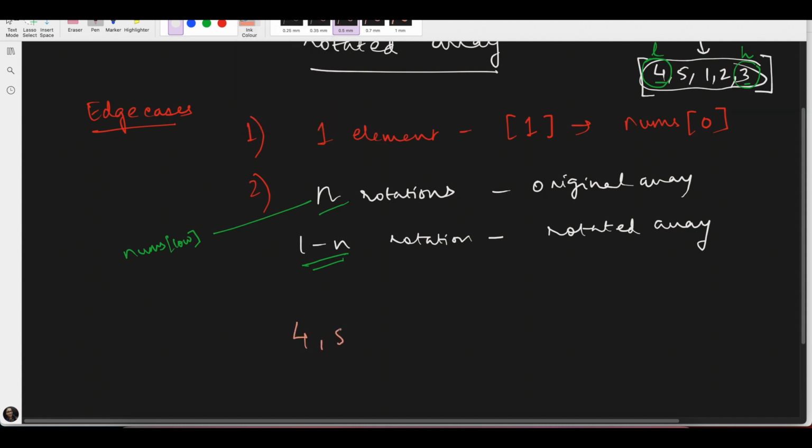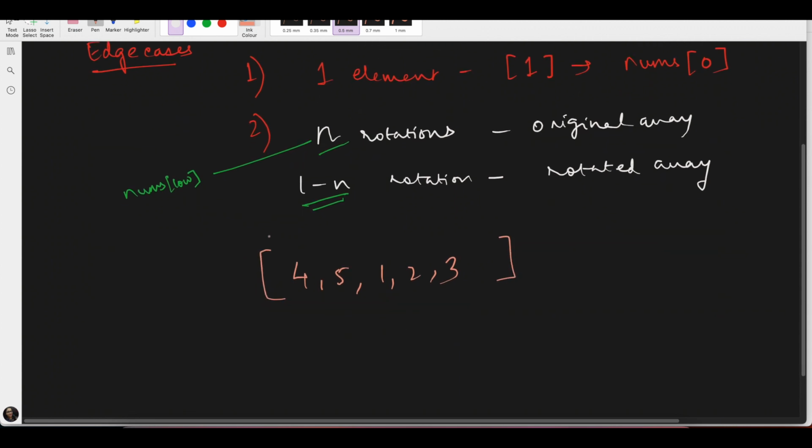So I have 4, 5, 1, 2, 3. If I consider this as the low pointer and the high pointer, this is the mid. So we know how we obtain the mid. I don't want to go through the formula of that because that is the usual binary search algorithm. So we know that there's a while loop where low is less than high and we know the computation. The first condition that we need to check is if it is n rotations or not. So for that, what we need to check is